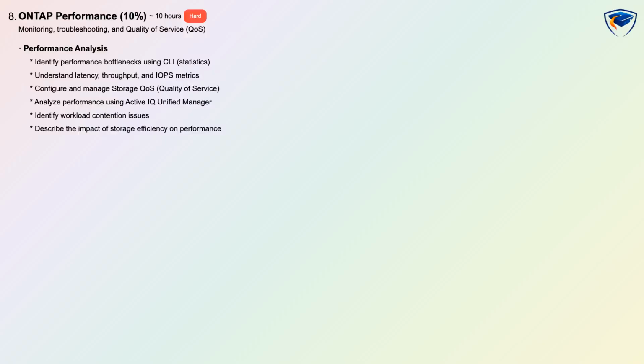ONTAP performance is 10% and tests monitoring, troubleshooting, and quality of service with hard difficulty and about 10 hours of scenario practice. You will identify performance bottlenecks using CLI statistics, understand latency, throughput, and IOPS metrics, and configure storage QoS to protect workloads. The domain also covers analyzing performance with Active IQ Unified Manager, identifying workload contention, and understanding how storage efficiency features